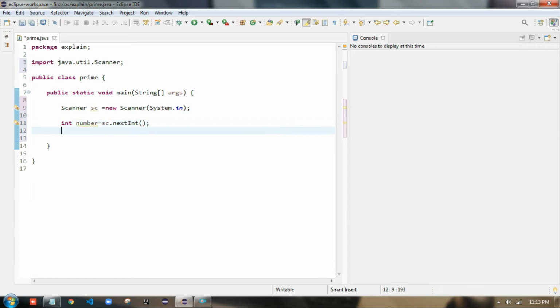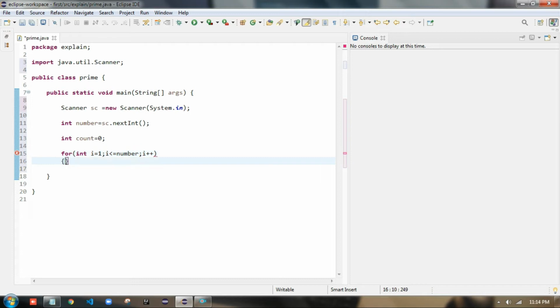Okay, and I will also create a variable which will keep the count of the number of factors of that particular number. So what I have to do is I will use a for loop starting from 1 and going till that number. Okay, I made a mistake here, int, and we will increase the number after each round.